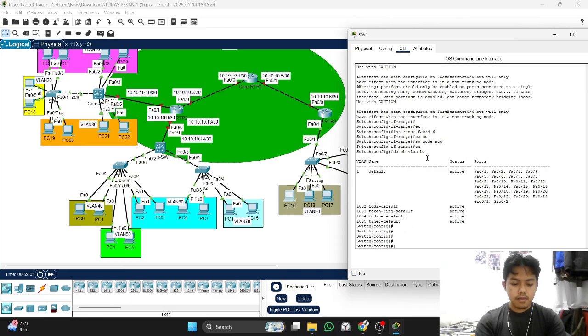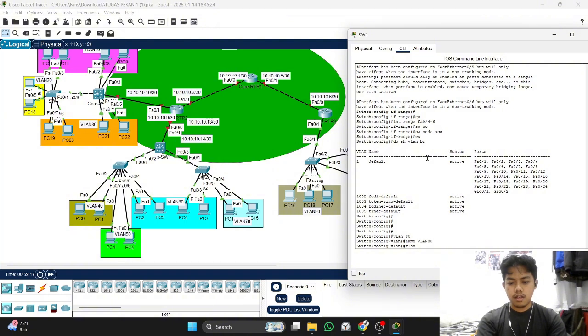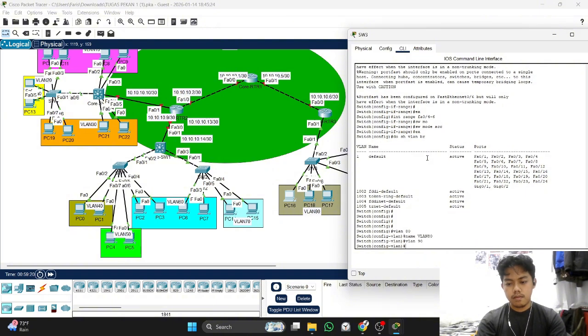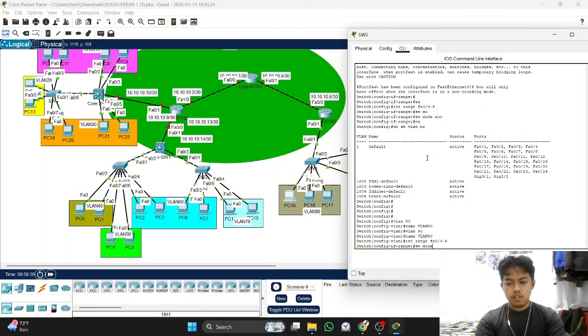Okay, we create VLAN 18, and then we name it. The last is VLAN 19. Name VLAN 19. Okay, and now we go to configuring the interface to VLAN. We configure VLAN 18, switchport mode access.